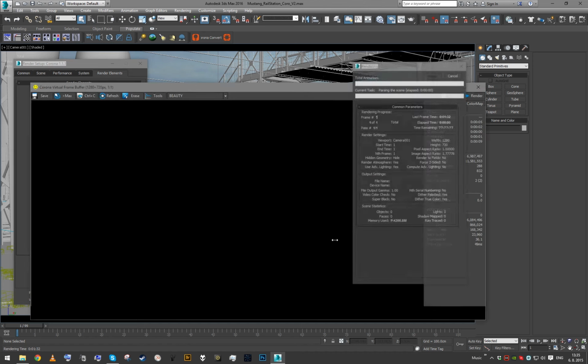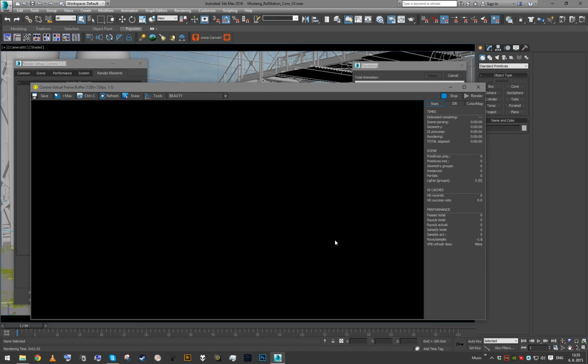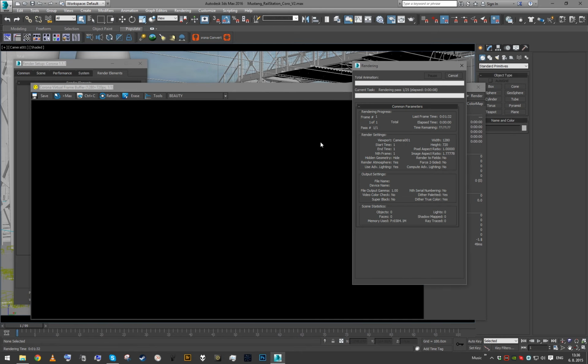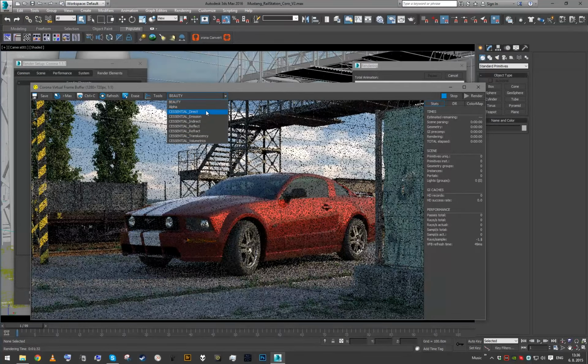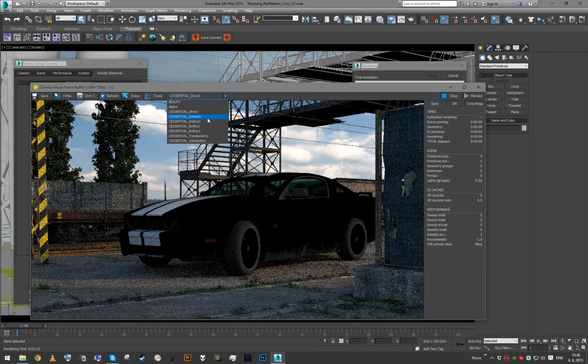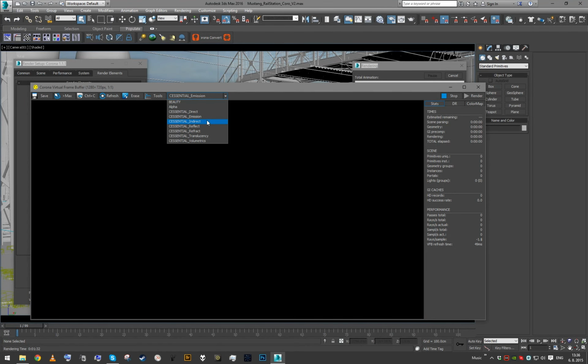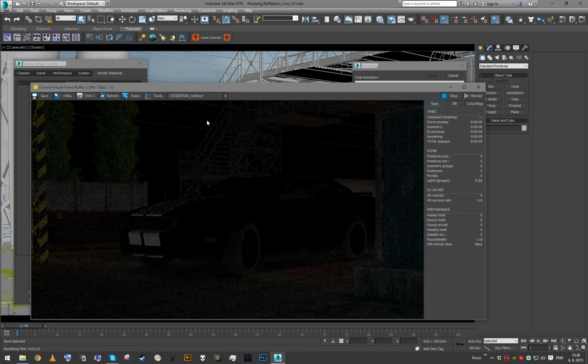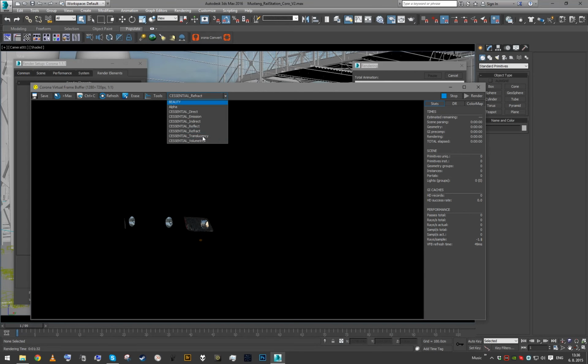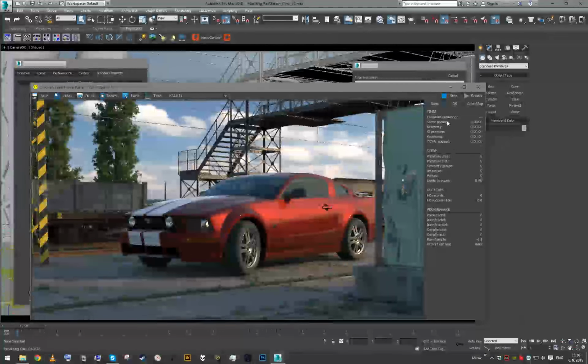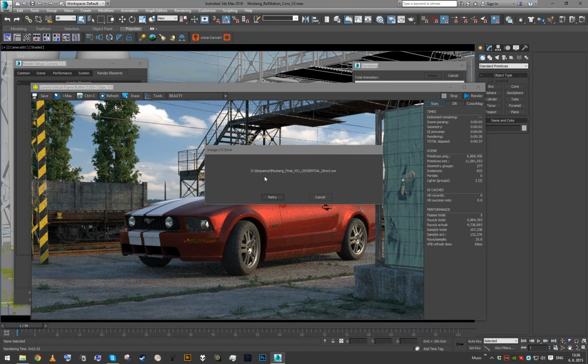So if we now do a quick preview render, just a few seconds before the scene loads up, you can see we have direct illumination, we have emission, which is currently empty as we don't have anything directly emissive in our scene. We have the indirect component, reflection, refraction, translucency, and volumetrics, which is empty as well because we do not have any volumetrics in our scene. And now if I click stop render, you will see immediately we are getting some error message,